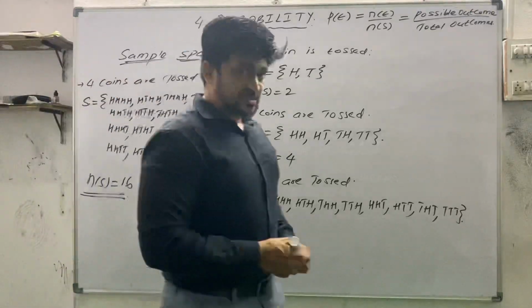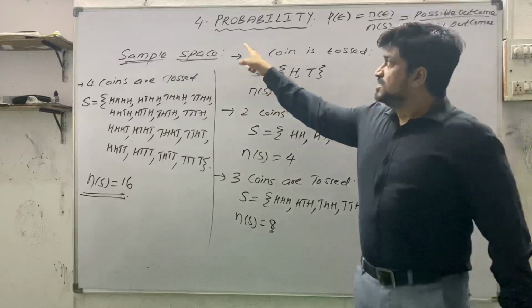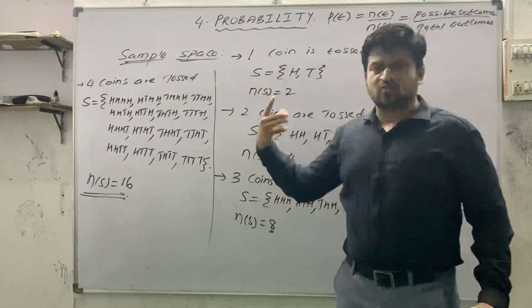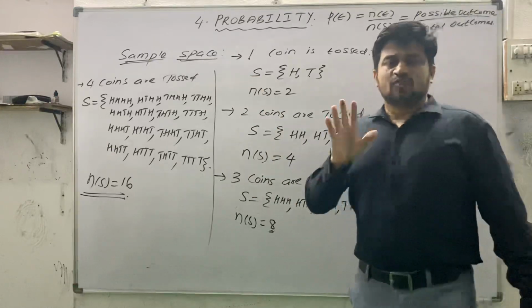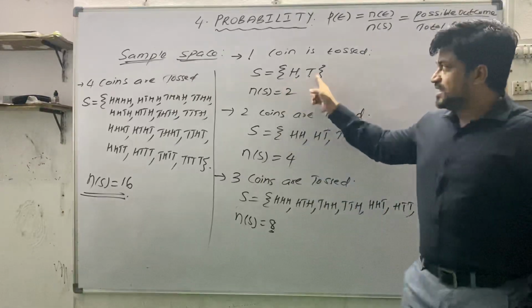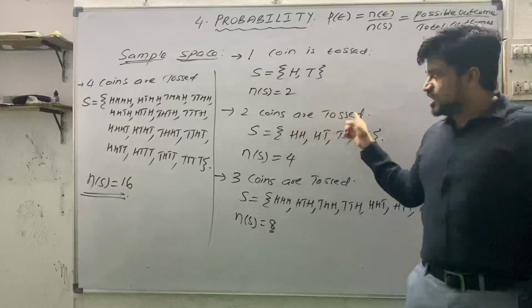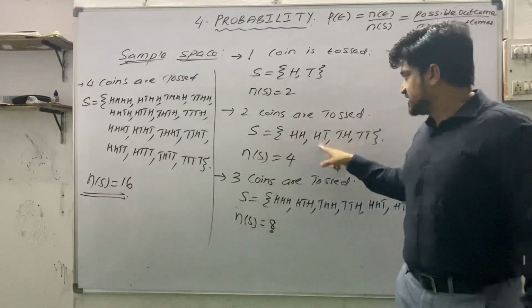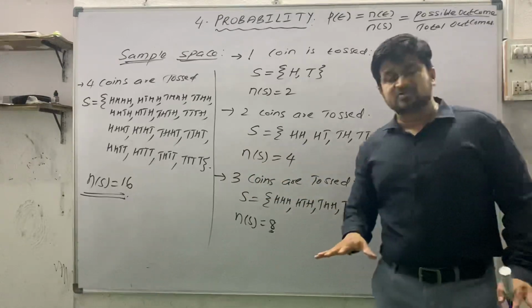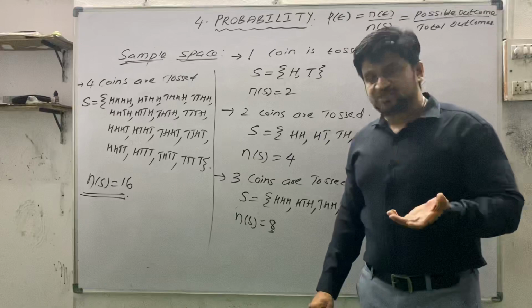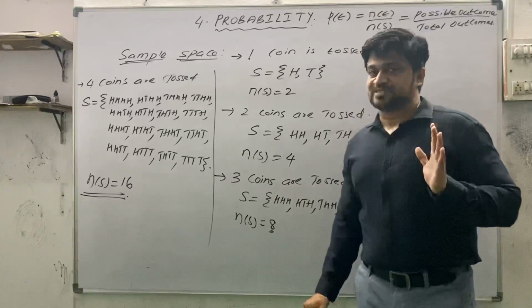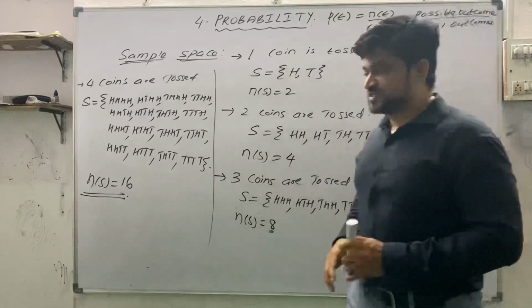So once again, check this one. In probability, if coin problems are there, either 1 coin, 2 coins, 3 coins, 4 coins, 5 coins, any number of coins. If one coin is tossed and I ask you at the time of problems what the sample space is, you should tell me S equals {H, T}. When two coins are tossed, you have to tell HH, HT, TH, TT. If I ask you about three coins being tossed, you should tell me those cases. Where we are using this, you have to follow the next videos. Now you should know how to write down the sample spaces. Okay, these are the coin sample spaces. Now we are discussing